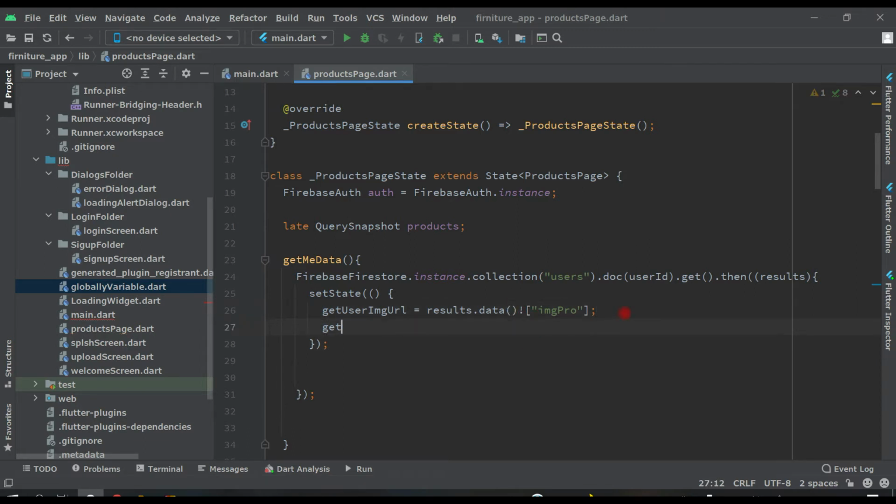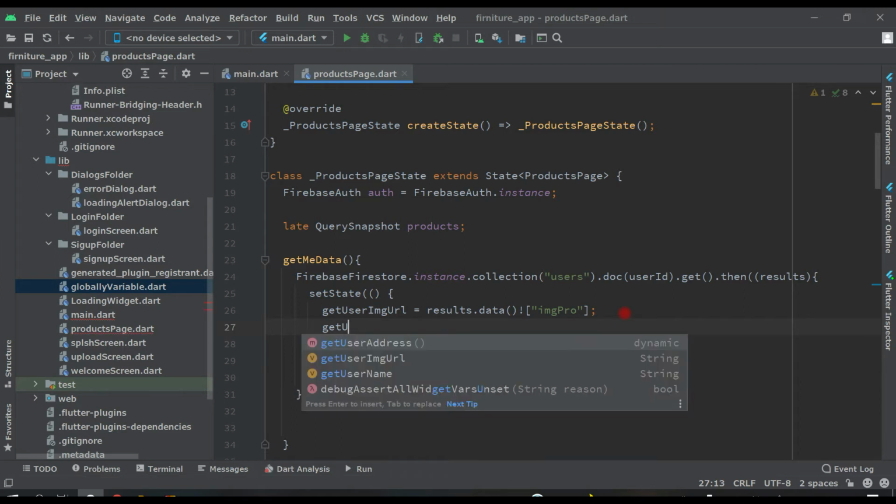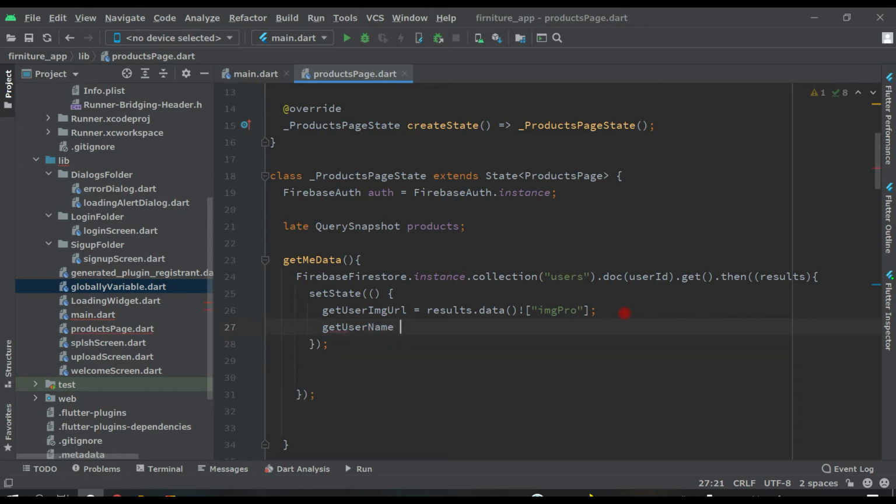So now get username will be equal to results dot data, exclamation, and here write username like this. So basically what we did here, we are getting the user profile and username.